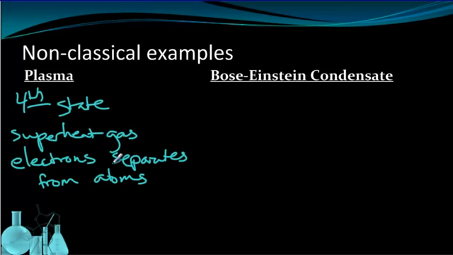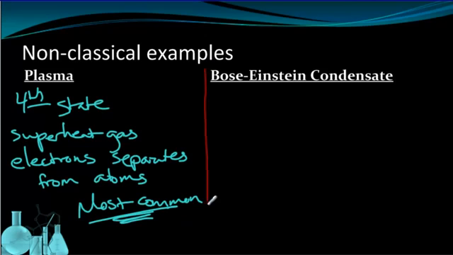Now what's really interesting about plasma is it's actually the most common state of matter in the universe, even though you would hardly ever see it on Earth. In fact, one of the few times we see it naturally is when you see lightning. You're seeing air become a plasma temporarily. That's that bright flash that you see. But this is actually the most common in the universe because stars are made of plasma.